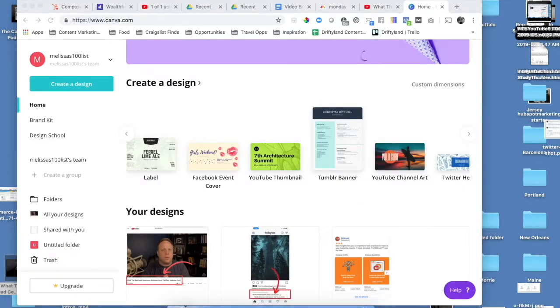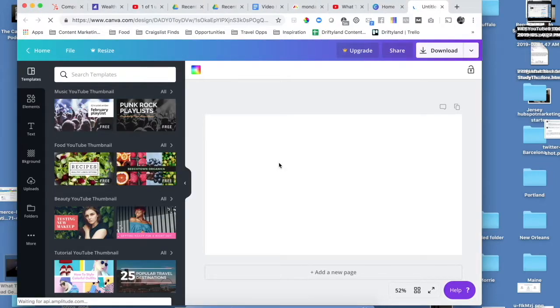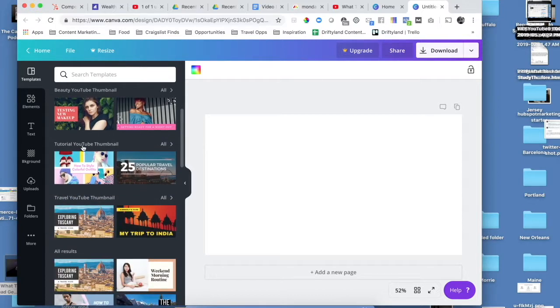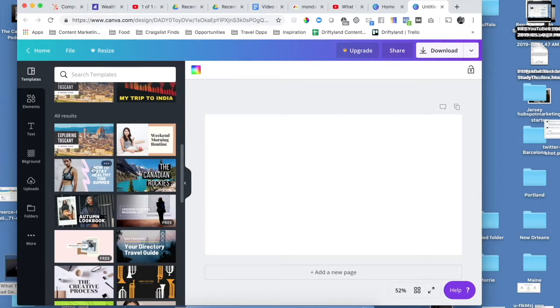Okay, so here's the other thing. If you don't have a graphic designer or you're on a small marketing team, you can also use Canva. You can upgrade, but it's a free service, and they have all these preloaded templates. You can go ahead and click on YouTube thumbnail after you create an account. You can honestly pick from a lot of these, and they even break them up into really helpful sections like travel thumbnail, beauty thumbnail. You want to be original, but if you're in a spot where you just really need to start getting these done, and you want to create something that you can use over and over again,